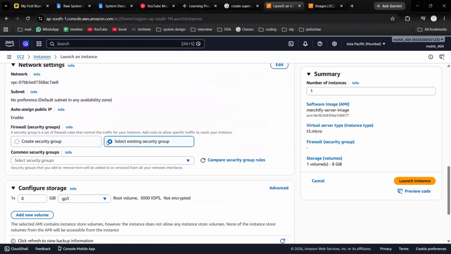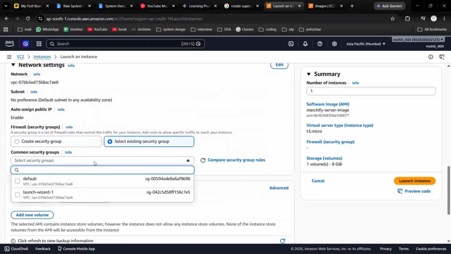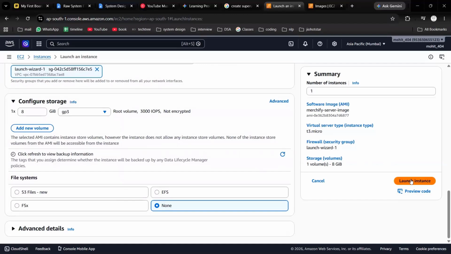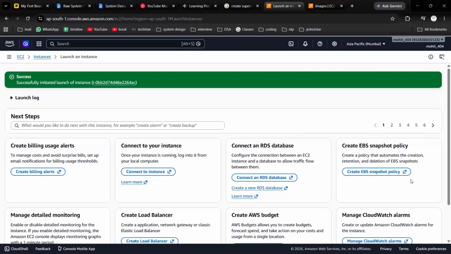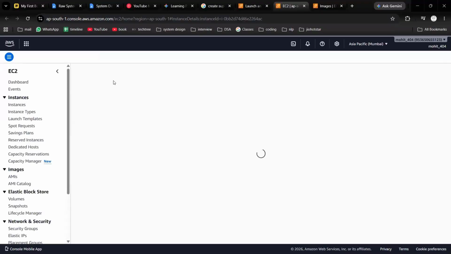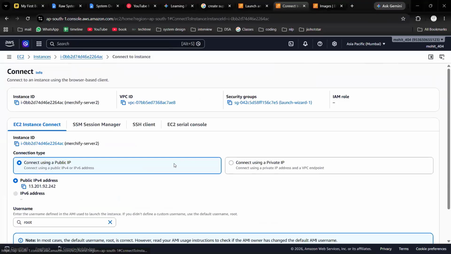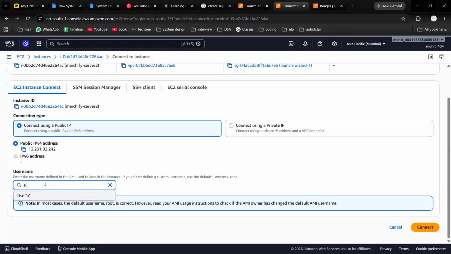We will use the existing security group that we used for our server one. Let's launch the instance. Okay, it's running. Let's connect and add the IP of the server